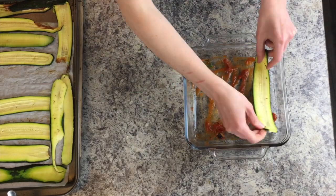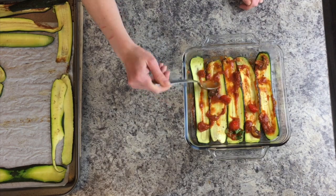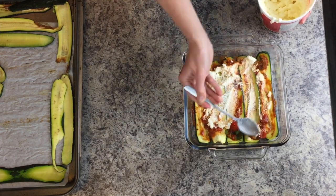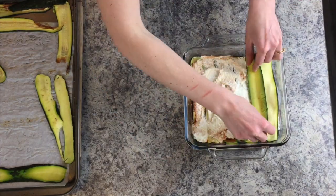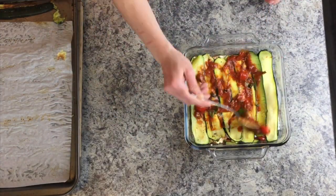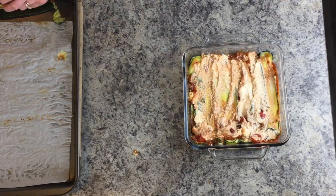The first layer is a light layer of sauce, followed by zucchini, sauce again, then a thick layer of ricotta. You can use cottage cheese, but we just love ricotta. Follow up with another layer of noodles, another layer of sauce, another light layer of ricotta, and then top it